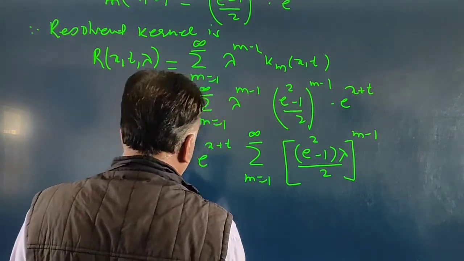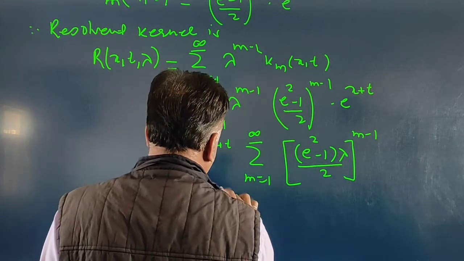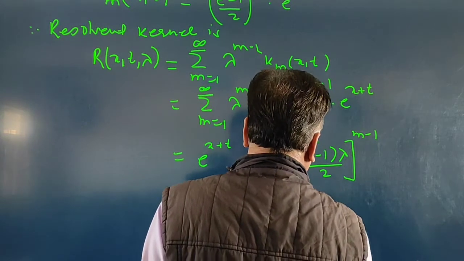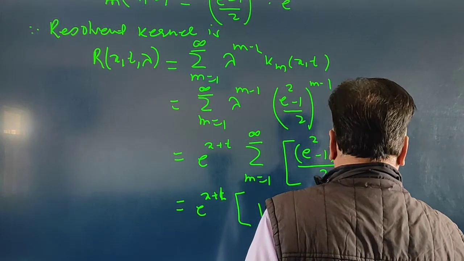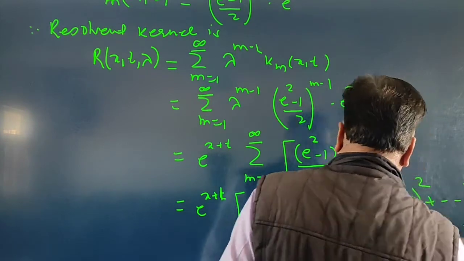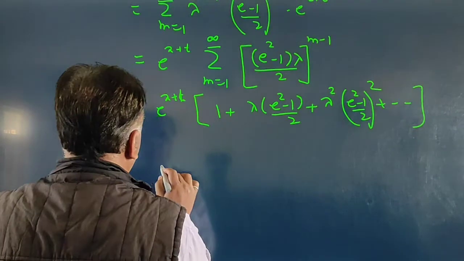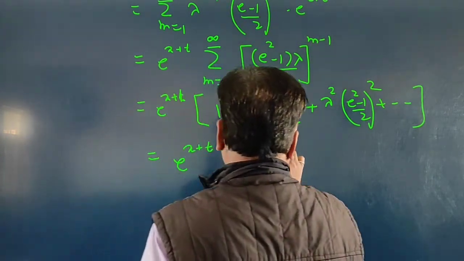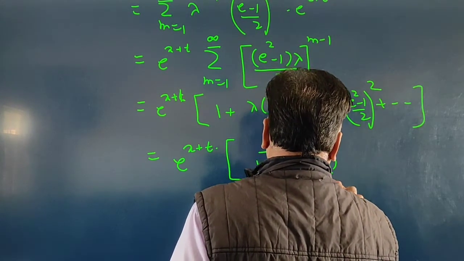Now if we sum this from m equals 1 to infinity, we get e raised to x plus t times 1 plus lambda into (e squared minus 1) upon 2 plus lambda squared into ((e squared minus 1) upon 2) whole squared, and so on. This is an infinite series, and if we sum this series, we get e raised to x plus t into 1 upon 1 minus lambda into (e squared minus 1) upon 2,